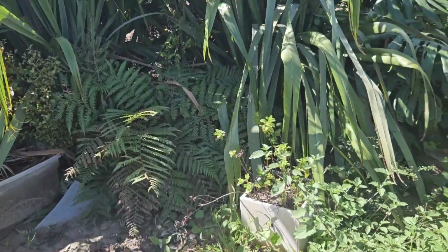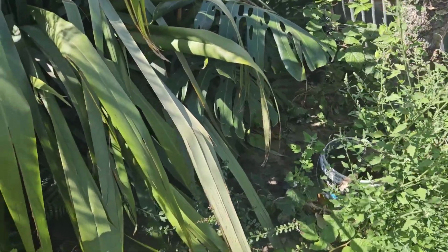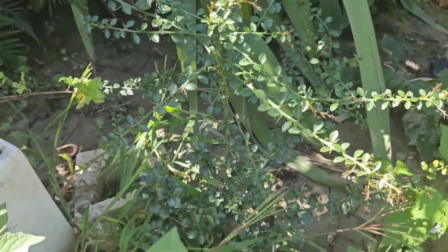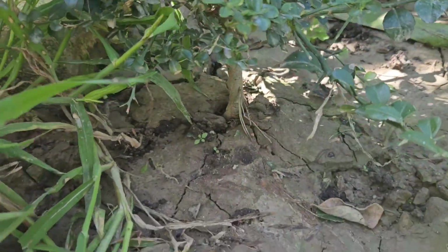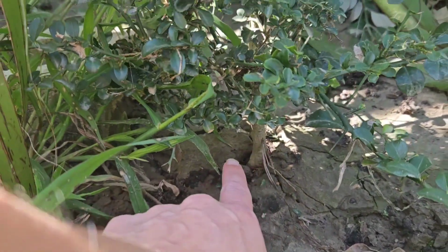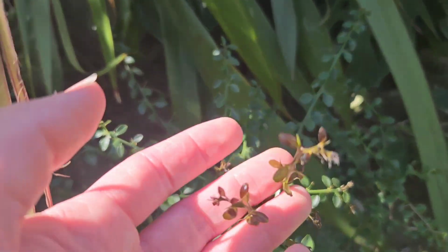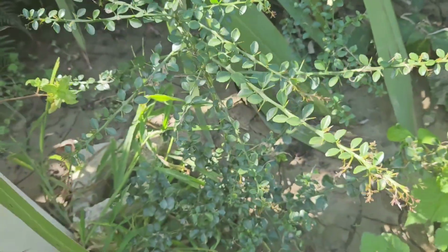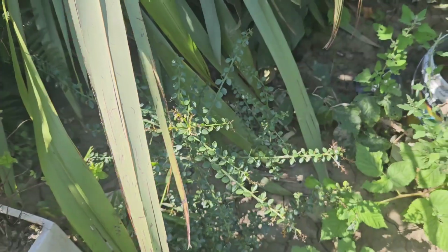So I have 2 green Australian finger limes, and this is one down here that is doing really well. It was one of the first things I checked when I came back to see the garden, that it didn't have too much silt around the trunk, and yeah, you can see new growth. It's doing really, really well. This one didn't have any fruit on it. The one that I had in a pot, which is also okay, at a different location, so I can't show you right now,